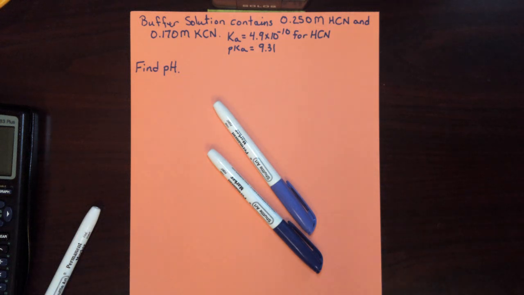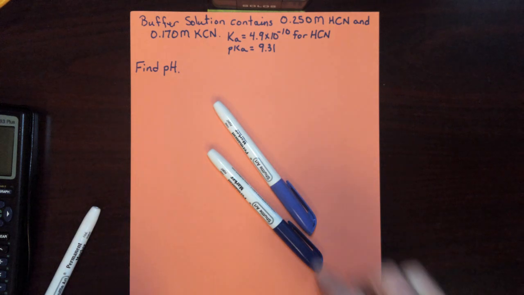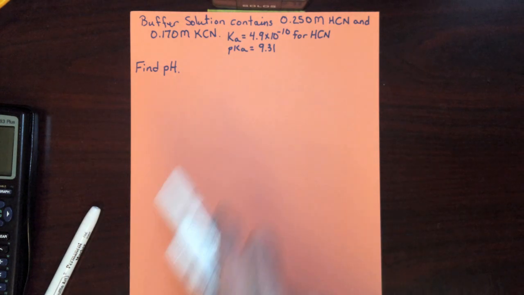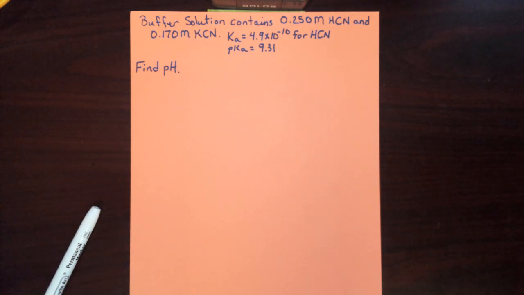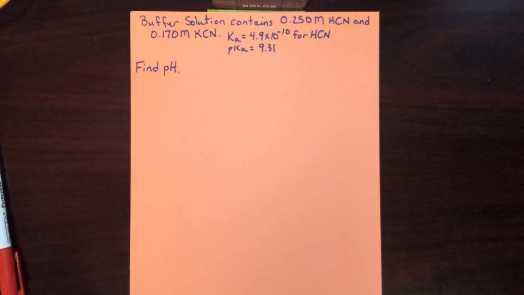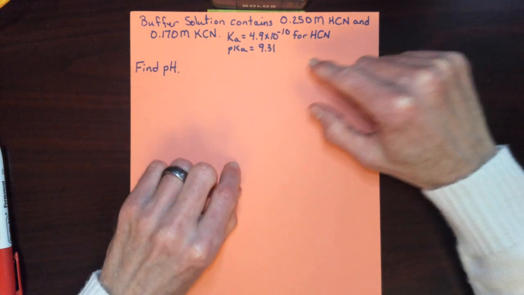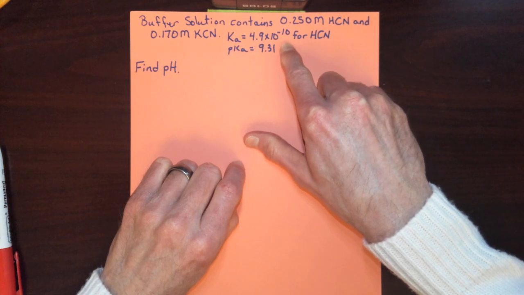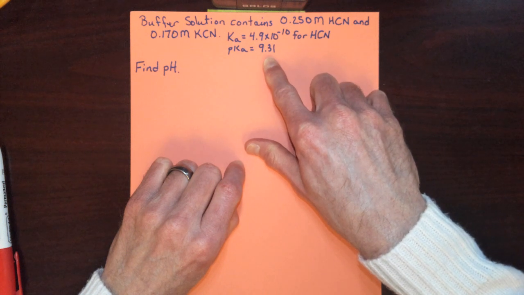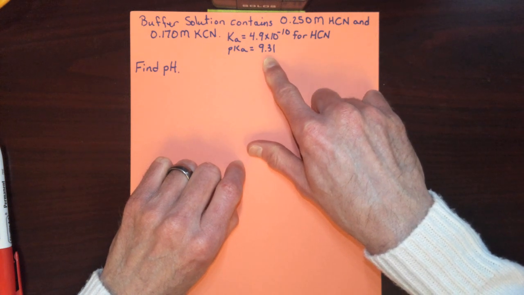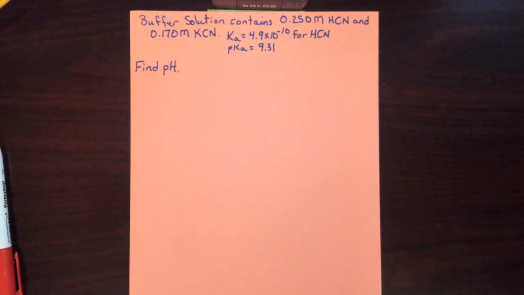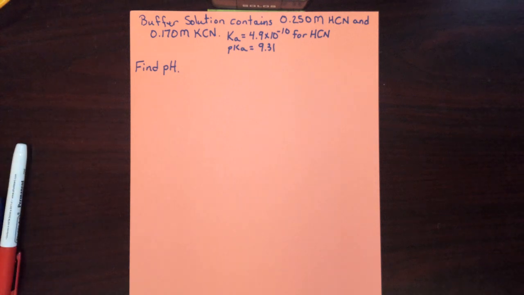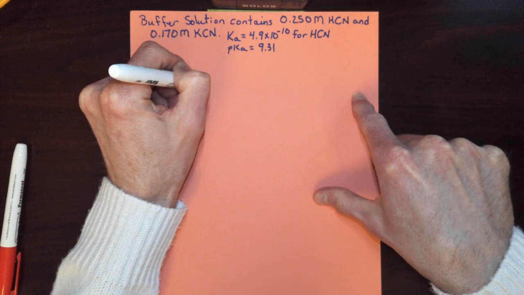Okay, let's begin by looking at how to calculate the pH of a buffer. In this sample, we have a buffer of HCN mixed with its salt, potassium cyanide. We're given the Ka value. We're also given the pKa, which remember is just the negative log of the Ka value. When we look at this, what we're going to focus on is that HCN